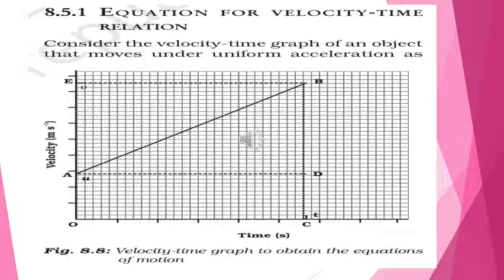See here, A to B shows the distance traveled by the object, and time is on the x-axis and velocity is on the v-axis, and there are points E, D, O and C, and B is the final point of this. So different rectangles and triangles are there. Now let's see how we will get the equations which we have seen above.